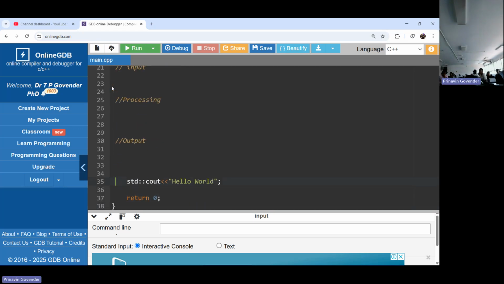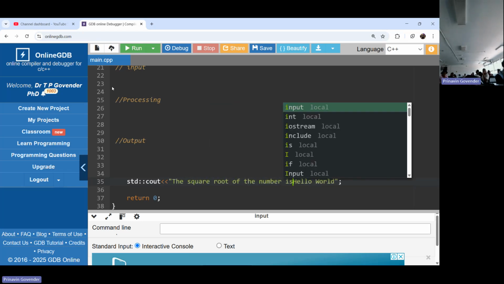Right? Now, let me tell you something. If Haley does not know how to do this part, but she knows that her teacher asked her to display the square root of the number without knowing anything, if this was worth 10 marks, Haley is going to say the square root of number 1 is, right? You don't know how to do it, but Haley's going to write that out, right? Under output. The square root of the number is,